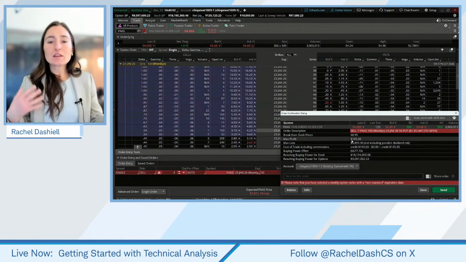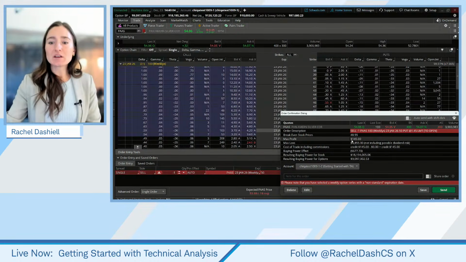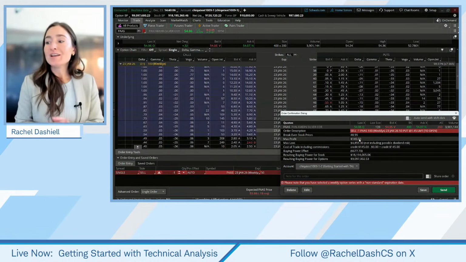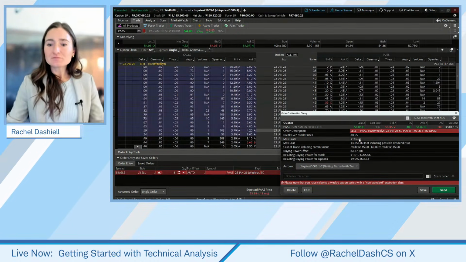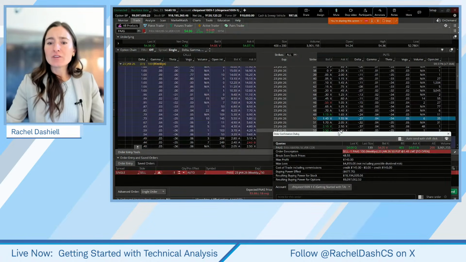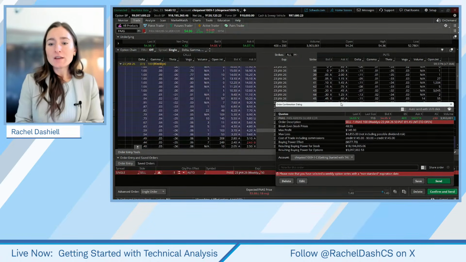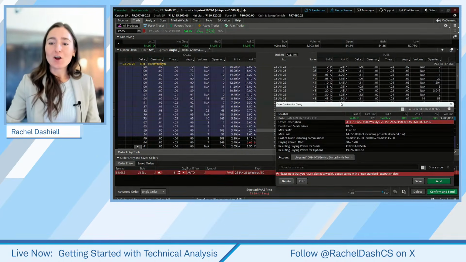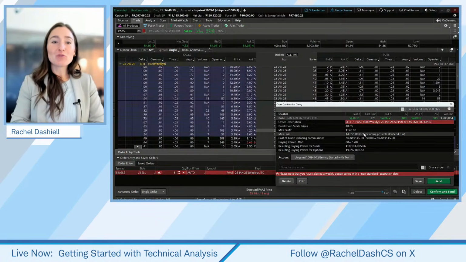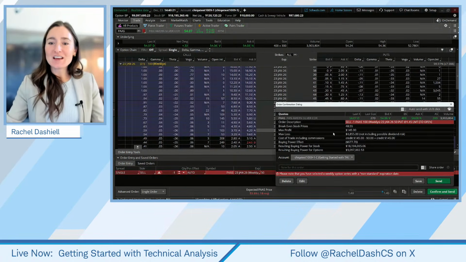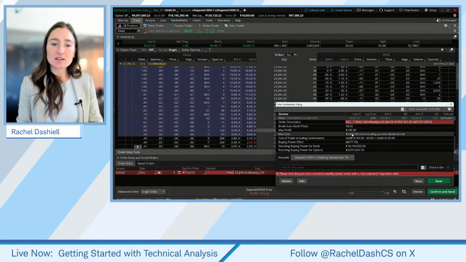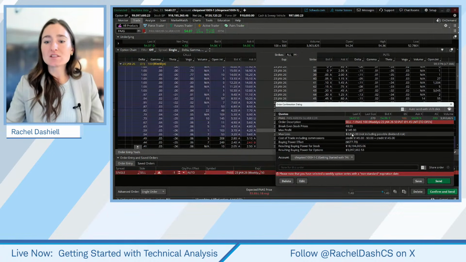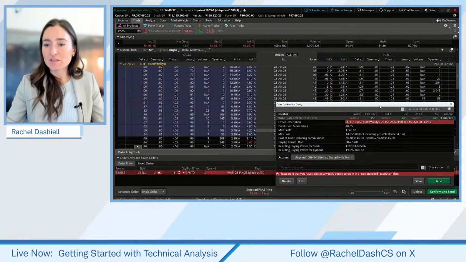But again, theoretically, we're buying it a little bit lower because we collected that premium to do so. Now, the risk of this trade is if the price of the stock goes way below our strike price before expiration, which is where we may be in a bit of a loss to the downside, because essentially this stock could go to zero. So that's why you're seeing that downside max loss here on this trade.